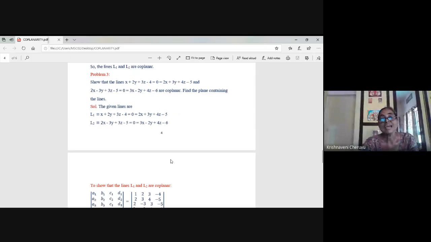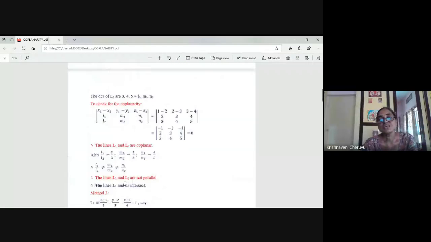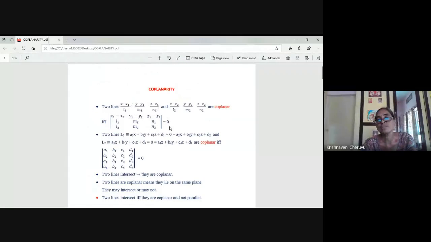See here, I gave you a formula, like when both the lines are in unsymmetric form, how to test for the coplanarity. See, it is there in the beginning. See here, first formula is to check whether the given lines are coplanar when both of them are in symmetric form, and the second formula is to check whether the lines are coplanar when both the lines are in unsymmetrical form. Okay, so I use now this formula to check whether the given lines are coplanar because both the lines are unsymmetric.